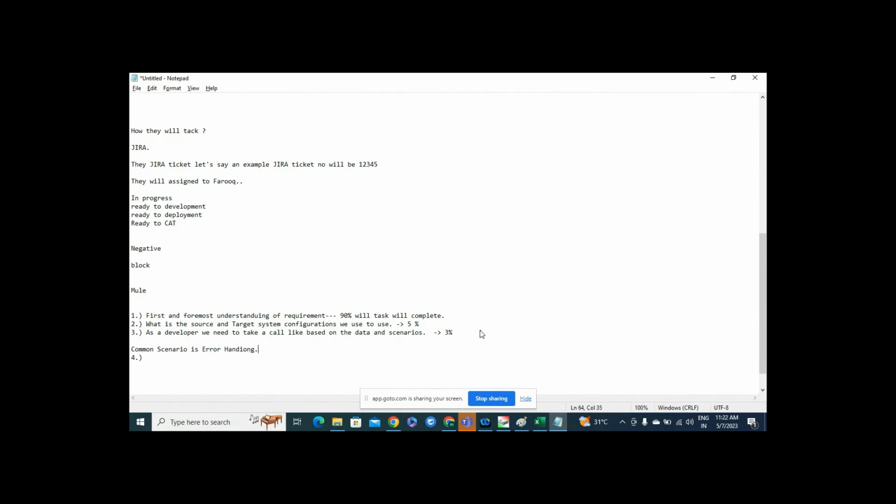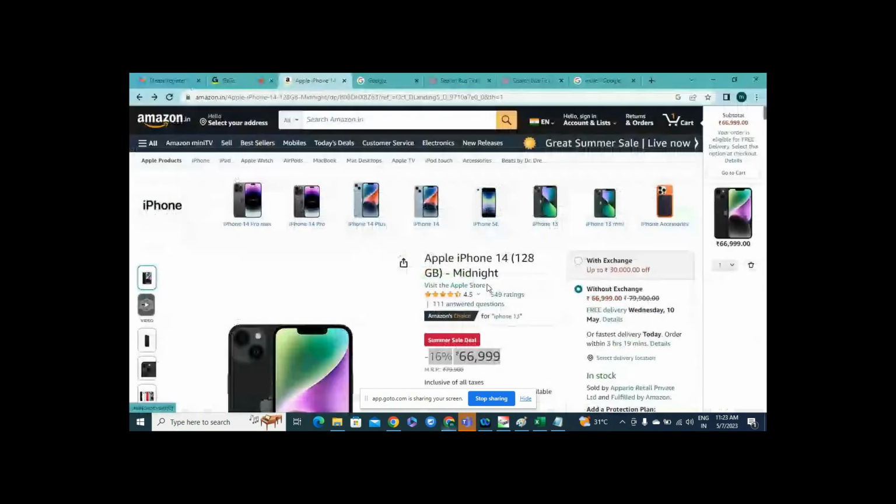If you are not understanding the requirement, we need to clarify; and if you have understood the requirement, you also definitely need error handling, right? Error handling is a common part. Without any proper error handling, we cannot write code. For example, in Amazon, if I enter a wrong card number while doing the payment, will it succeed?